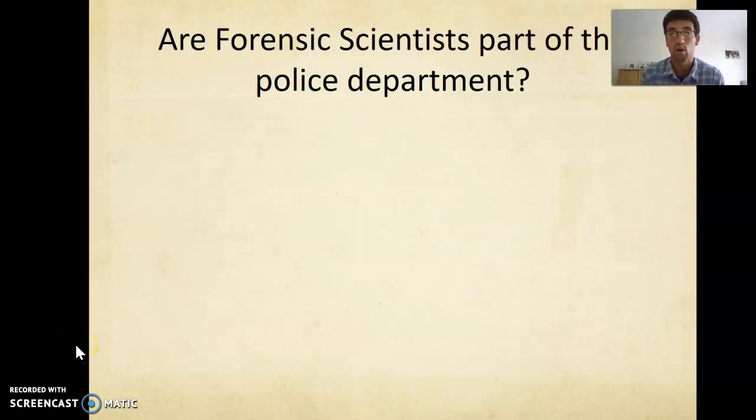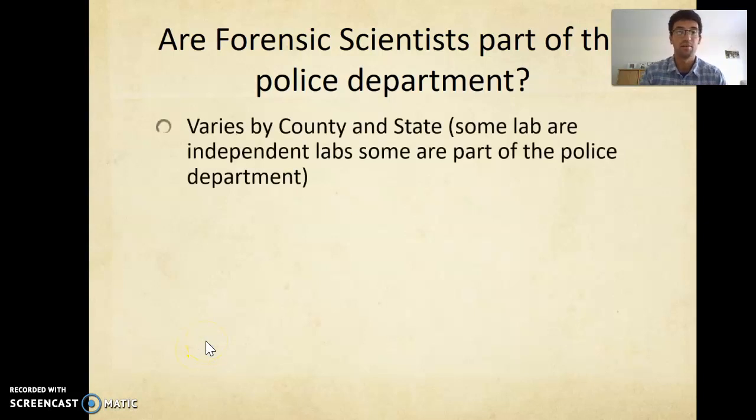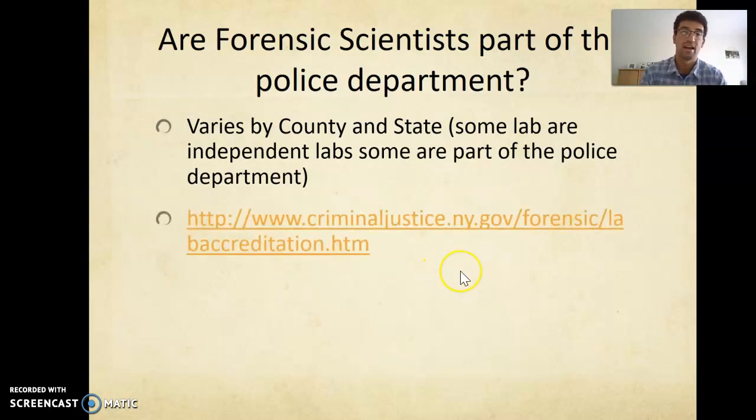So a really good question to ask is, are forensic scientists part of the police department? Well, that's a tricky question because the answer is it kind of depends on where you live. In some places, in some counties, in some states, they are independent, and in some of them, they are part of the police department. There's a website here that shows you all of the accredited forensic departments that are in New York, and you can see that they're all over the place, whether they're independent or whether they are part